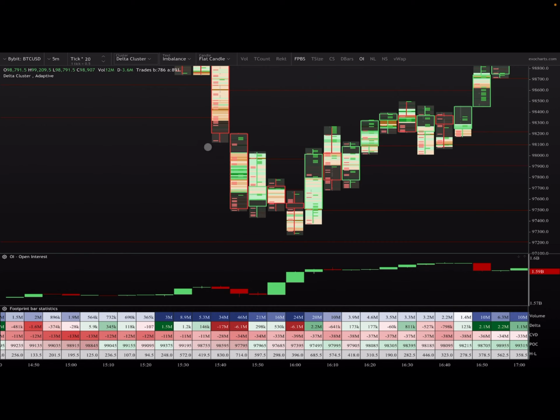Here you see the price pushing down with 17 million negative delta, 6 million negative delta, 6 million negative delta, but the price is not going down. You're seeing this much shorting, but the price is making higher lows. How can that be possible? The way that is possible is because the people in the market are shorting, but there's a bigger player in the market who is limit longing the price.